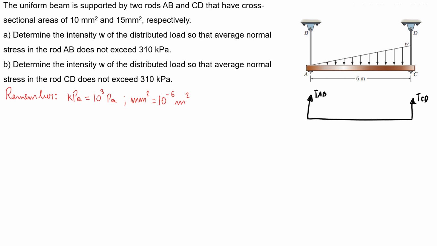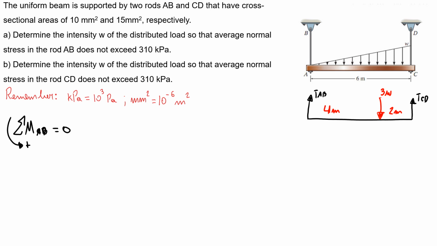We know from the previous slide that we have our equivalent load, that's 3 omega, 2 meters from the end C, and then 4 meters from end A. And now I'm going to do the sum of moments around AB, because I'm interested in the rod CD now,